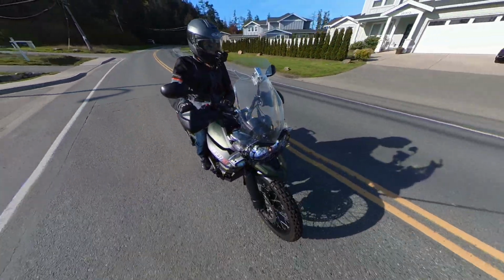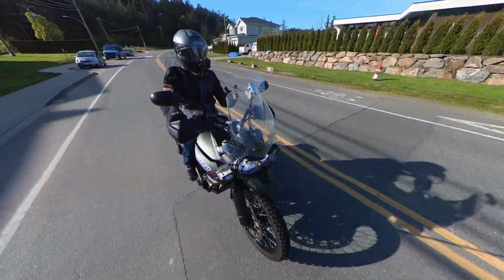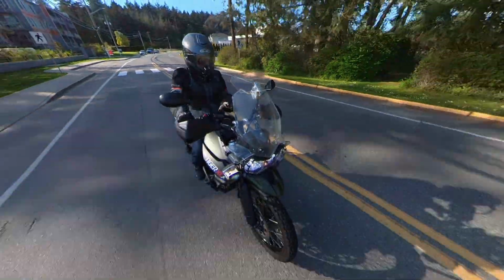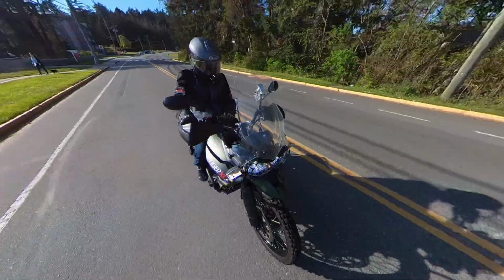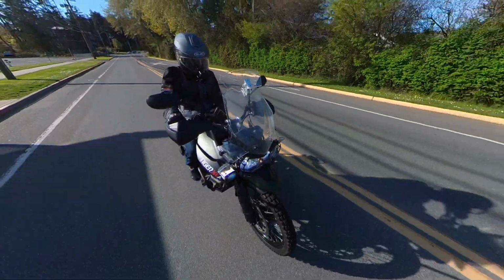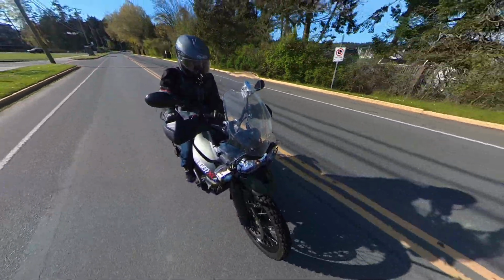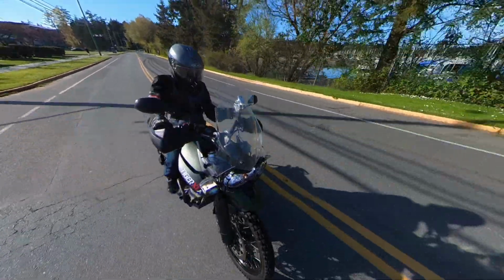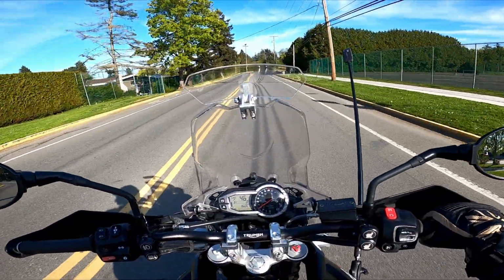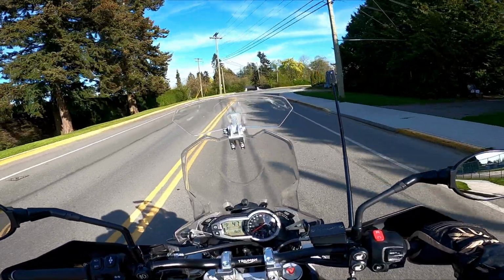I think that even the new school, you know, with TFT screens and stuff, they try to fake a tack in there. I don't like that. I like an old school tack like this. It's got all the lights in there and everything, and it tells you how much fuel you got, engine temperature, speed and all the things that you need to know. And what more could you want, right? I think this is really what I want in a motorcycle. Tack,